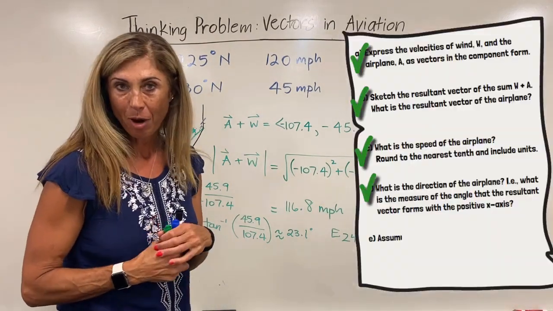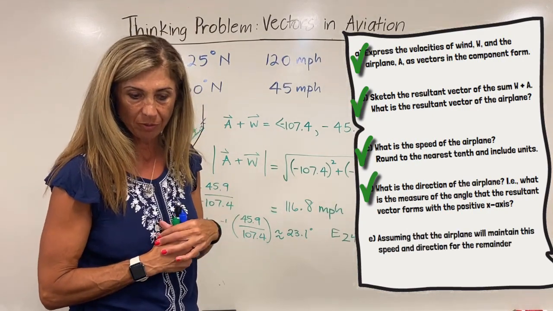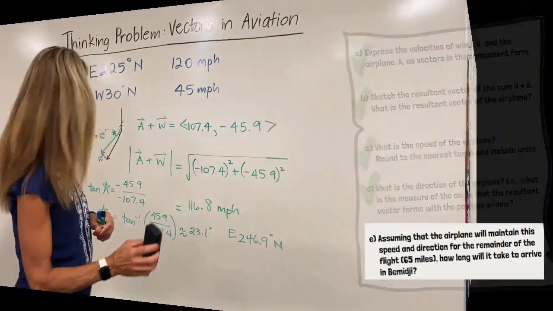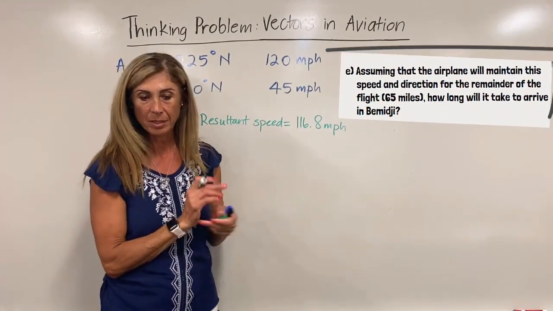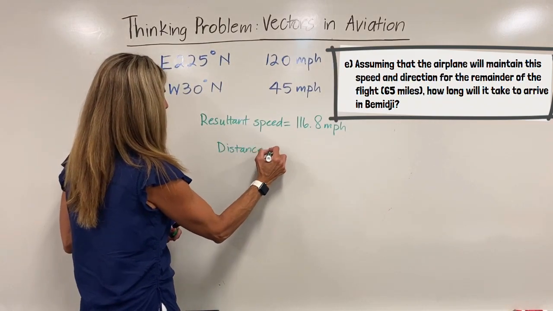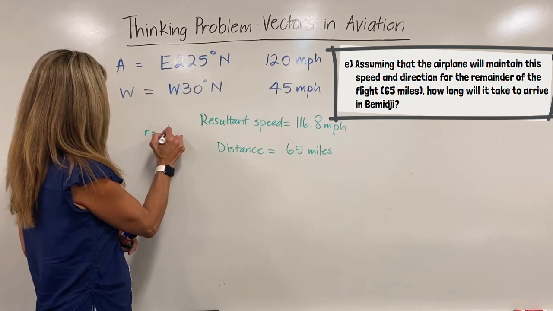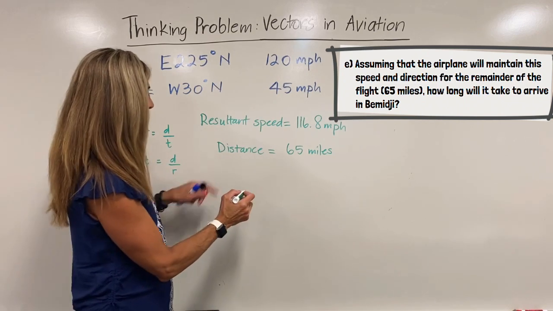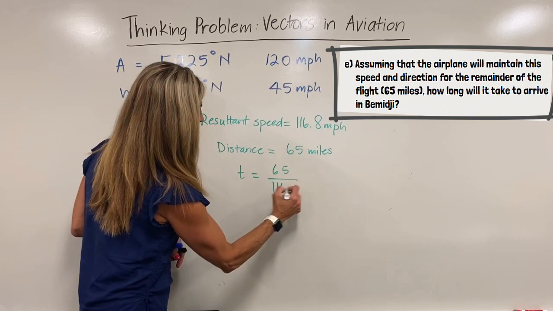The last part of this problem states if the plane is maintaining the speed and direction for the remainder of the flight, which is 65 miles, how long will it take to arrive in Bemidji? So what we have so far is that our resultant speed is 116.8 miles per hour, and we have the distance that we need to cover is 65 miles, and we know if rate is distance over time, then our time is distance over rate. So we are simply going to determine our time by taking our 65 miles and dividing it by